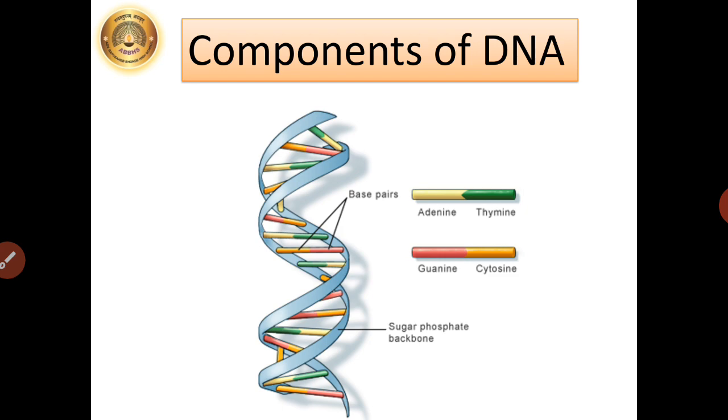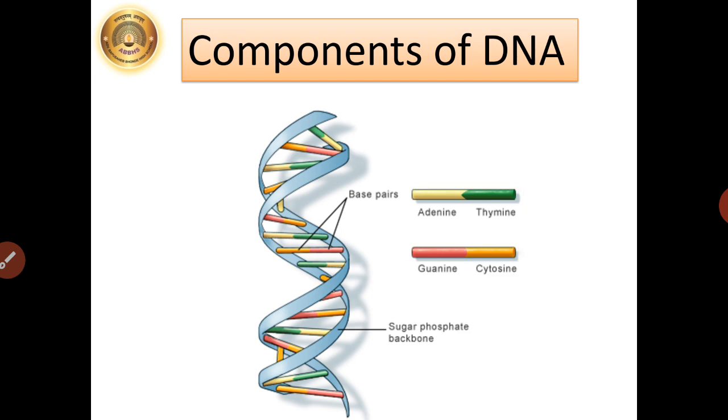As we have said that DNA plays a very important role in the process of heredity. Let's see the components of DNA. Just observe the diagram. The model of the DNA is also known as double helix structure. This model was proposed by the scientists Watson and Crick. DNA, that is deoxyribonucleic acid. Each strand in the molecule of DNA is made up of many small molecules known as nucleotides.